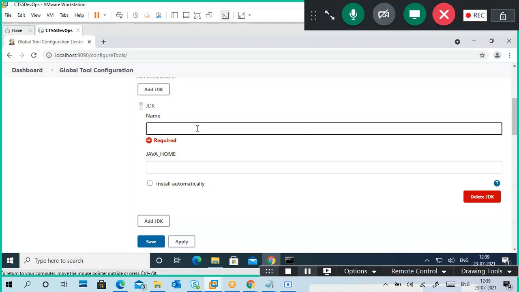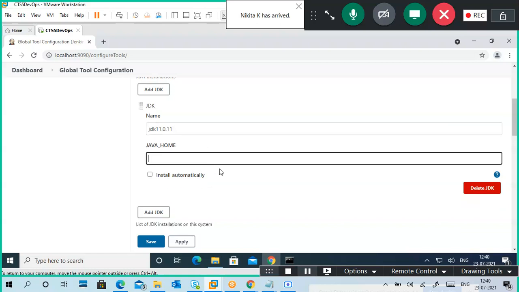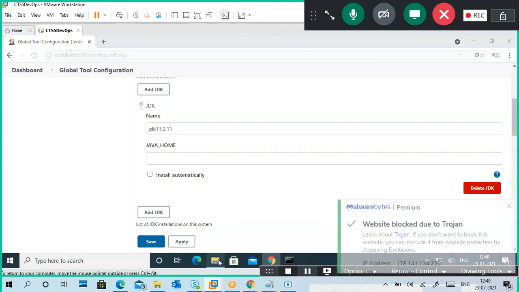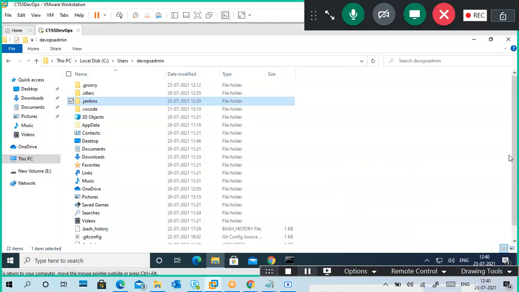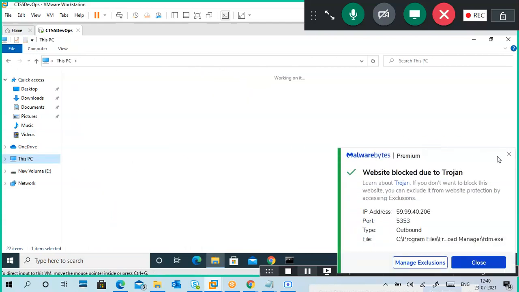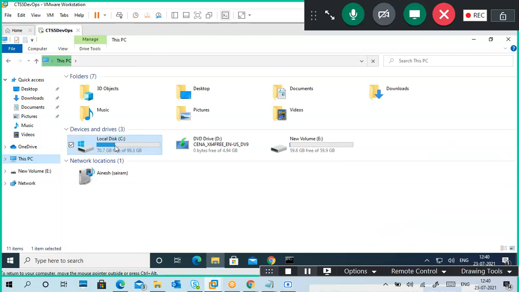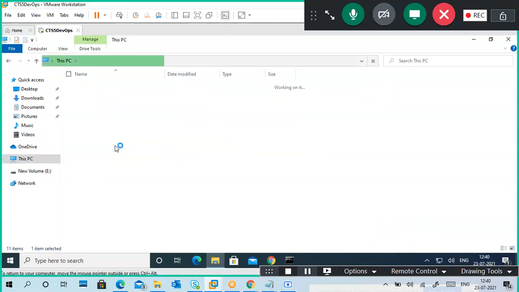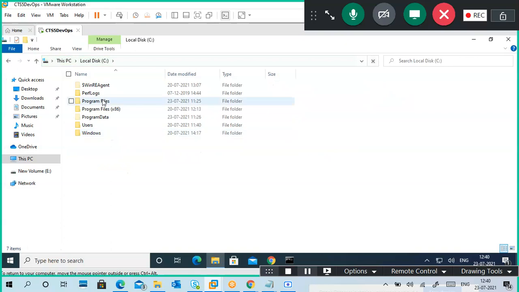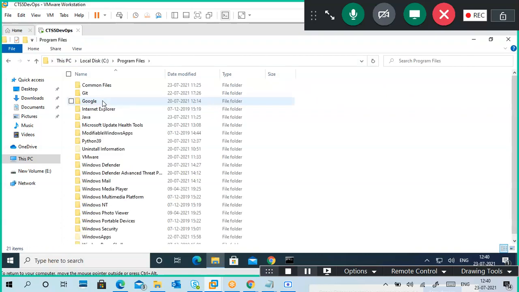So I'm putting the name JDK 11.0.11, which I installed. Give the JDK home directory. If you don't give it also, no problem, because the environment variables are already set. Just to show how to add it, that's the only thing.